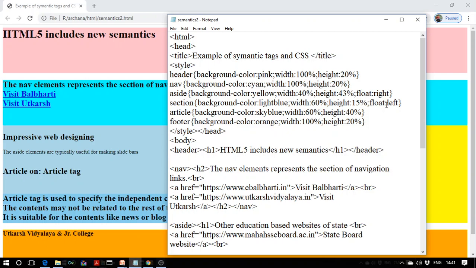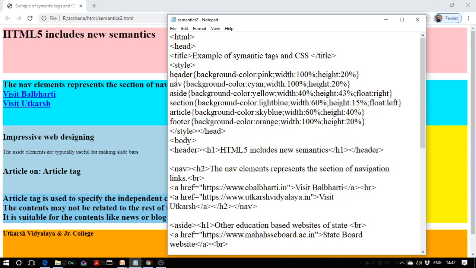And float property is right for the aside element, and float property is left for the section element. Now last is footer. For the footer selector, what we have is the background color orange. You can check it at the down footer section. So background color is orange, width is 100% and height is 20%.